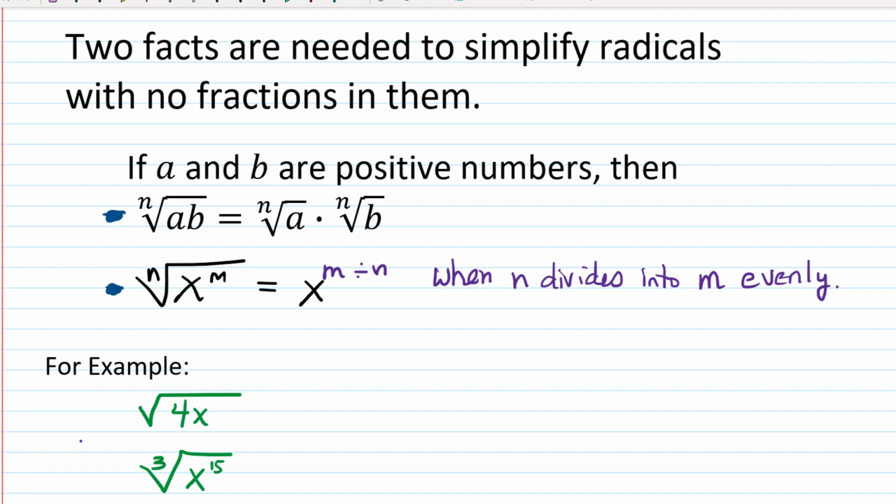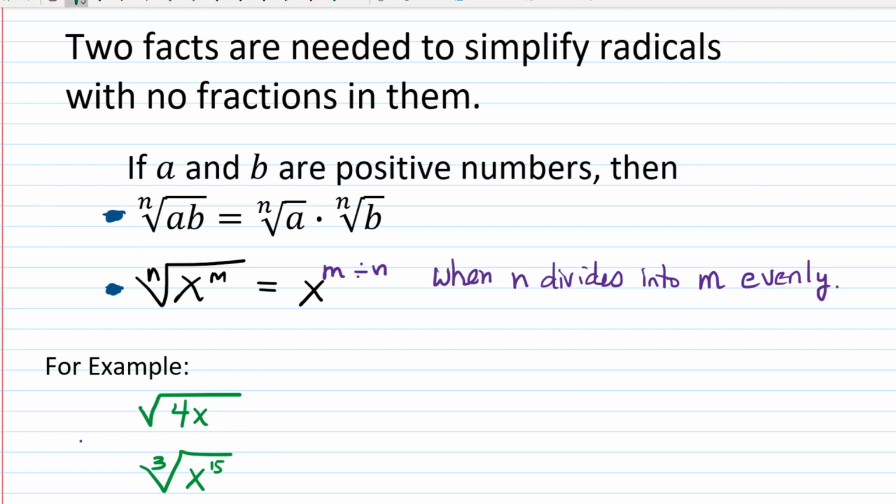From the first video, we know that there are basically two facts that you need to simplify radicals as long as there are no fractions in them. One is that the nth root of a product, a times b, is the same as the nth root of a times the nth root of b. For example,